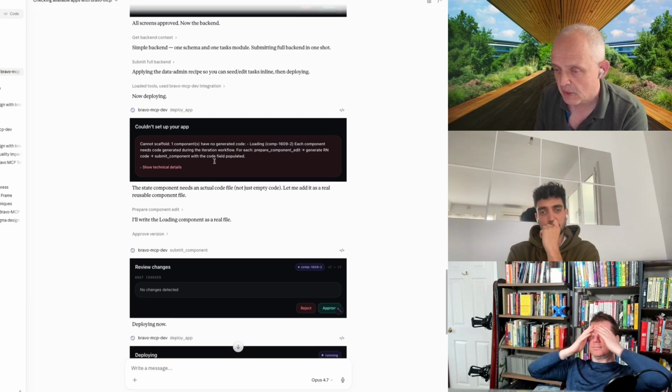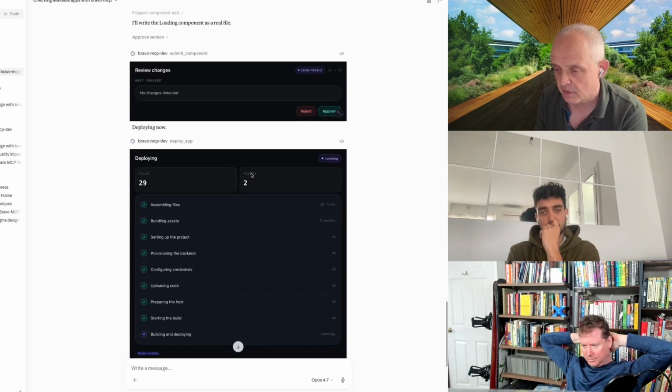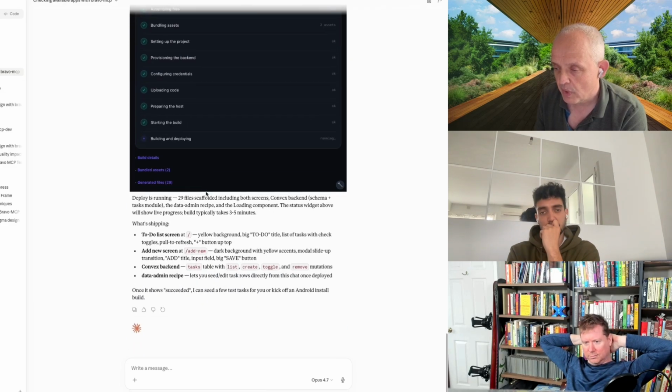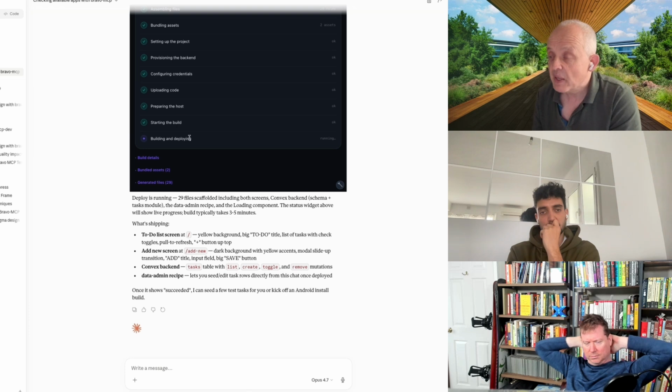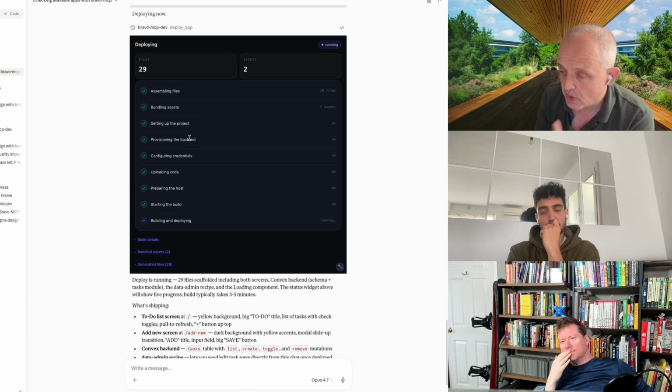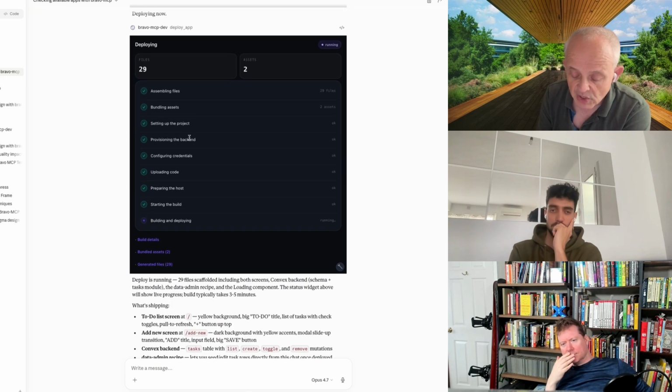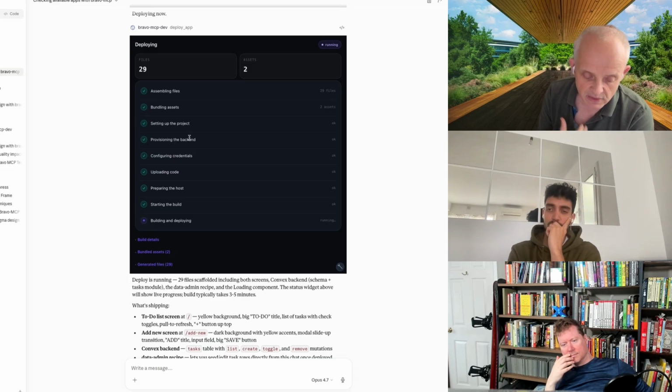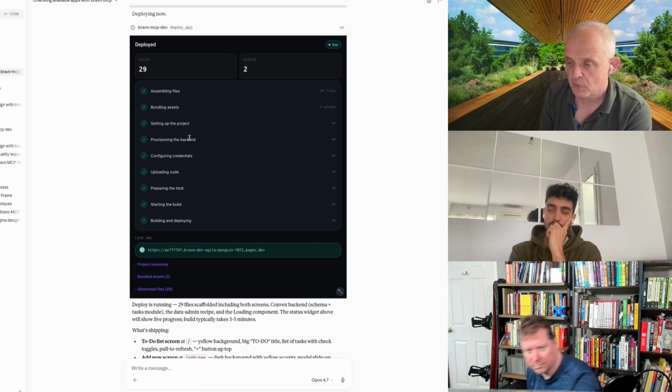So it will try and build something. Okay, let's do it again. And it resubmits. It's fine. It's deploying, and right now it's deploying. And this is another actually useful part of using widgets. One of the challenges with trying to use MCP is that straightforward MCP doesn't really have a concept of time very easily. So it's difficult to know